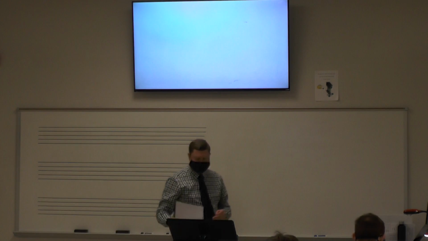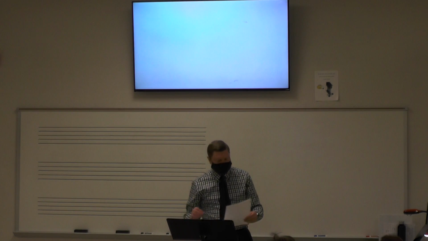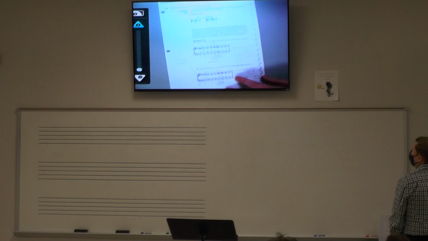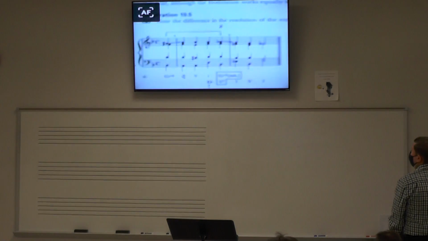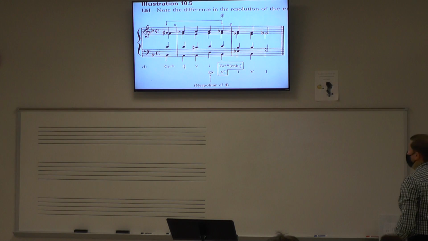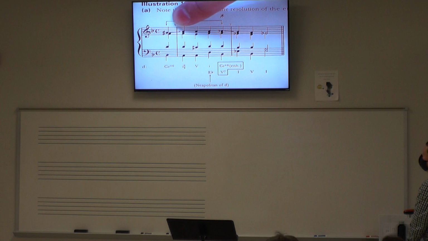And really, when you get this, we don't have to necessarily read everything on here. I just want to look at the two musical examples down at the bottom of the page, illustration 10.5. You see how in the first example, 10.5a, there is a modulation from D minor up to the new key of E flat major. If you take a look at the two chords, specifically at where these arrows are showing up at the top,